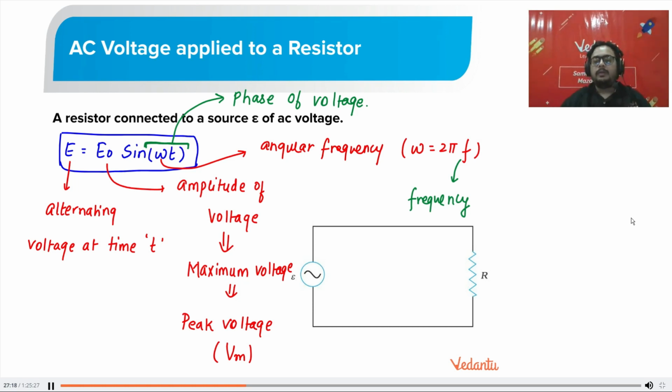Ask your doubts. Basically there should be no doubt, these are the terms, these are the names that we remember. E will give you EMF at any time. E naught is called the amplitude of voltage. Please repeat again. Smart girl, there is nothing to repeat. These are the names. I have written them down. What would I repeat? There's nothing to repeat, I think.